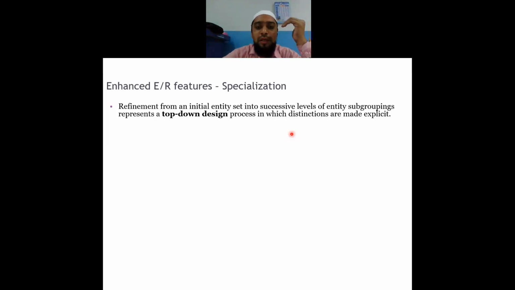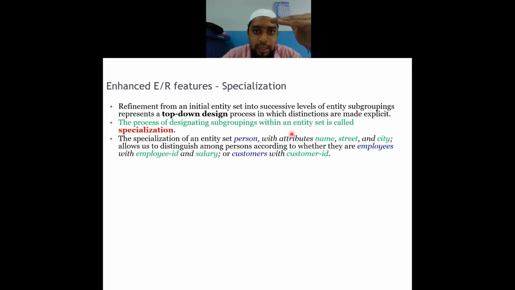Similarly, I will say that I'm an RDBMS teacher. Similarly, I will say I'm a teacher in the CP department. Then I will say I'm a teacher. Then I will say I'm a male faculty. Then I will say no, I'm a human being. When I'm trying to generalize my characteristics, then it becomes my generalization effect. Simple. So, specialization is a top-down approach where you take one entity and try to classify that entity into multiple entities. You will try to put them into its specialization categories.